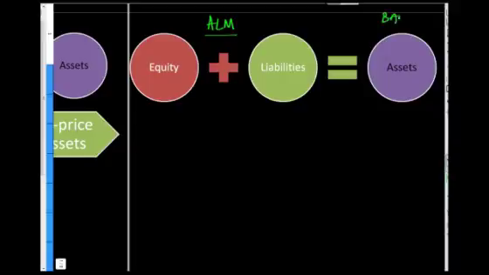Bank A has been lucky enough to raise about $10 billion in equity from its shareholders. Using these $10 billion as a base, they've been able to go out and generate another $90 billion or so in deposits from their depositors, and have then used the combined amount to purchase assets worth $100 billion US.